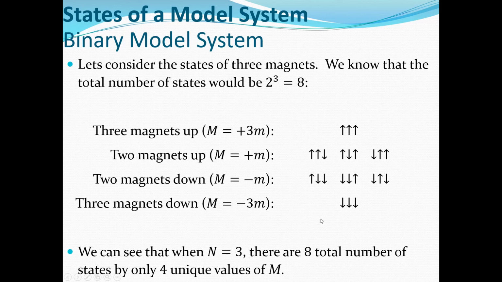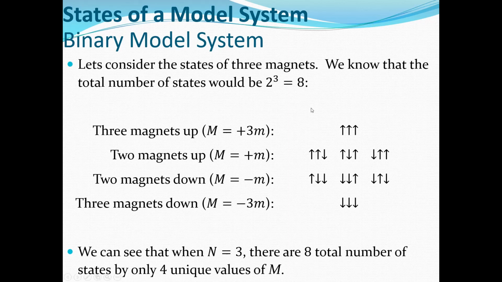So with these 3 magnets, there are a total number of 8 different possible combinations that I can make. However, there's only 4 unique values of m. Now this leads, I've been trying to refrain from using these phrases, but what this is going to lead into is what we call a